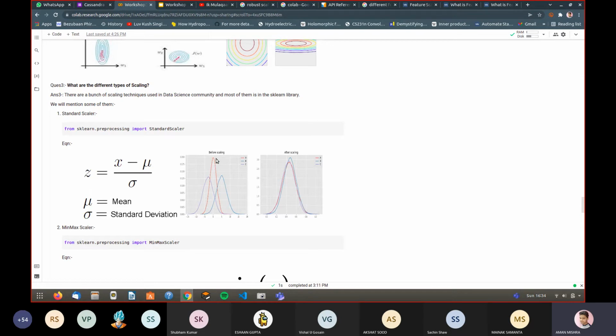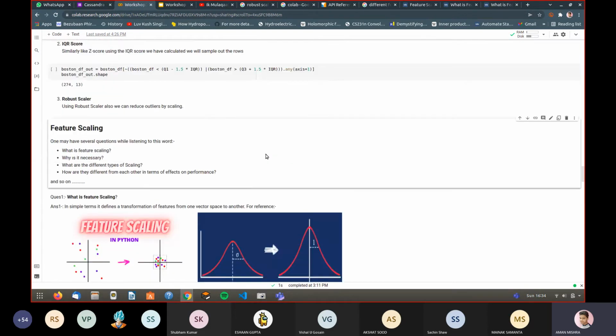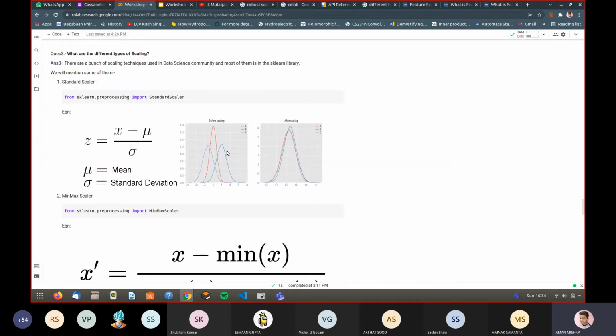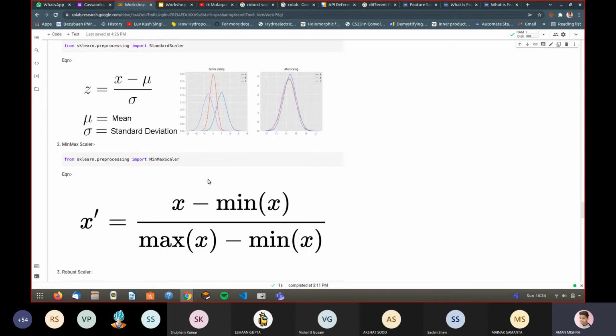You will see that these three curves have different mu's and sigmas, but after scaling they all come down to the same mean 0 and standard deviation 1. This is the effect of the standard scaler. It scales the features based on mu and sigma, so all features have almost similar scales now.